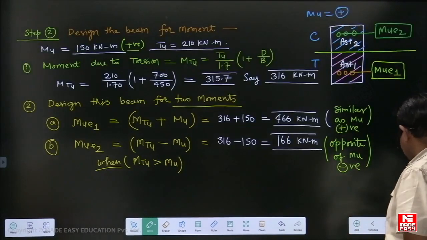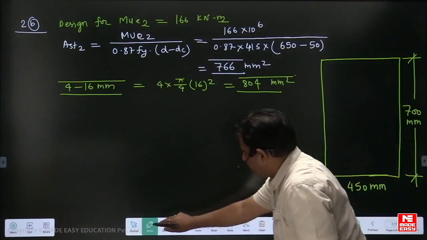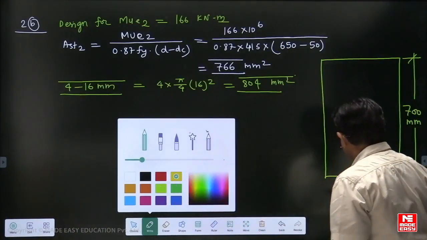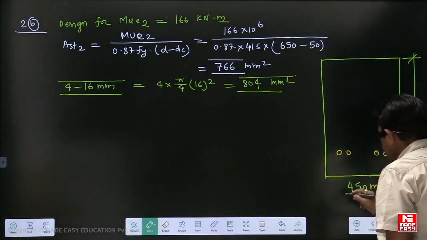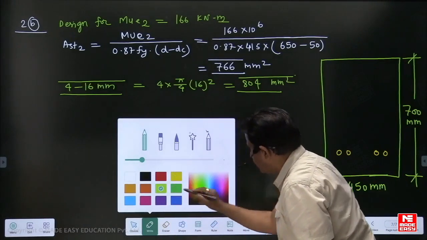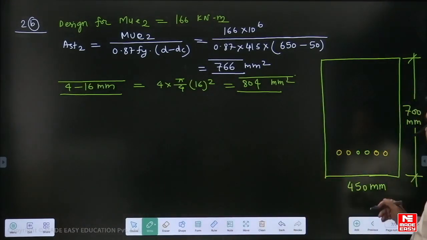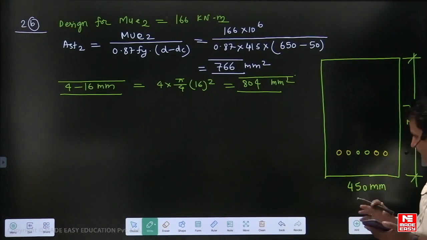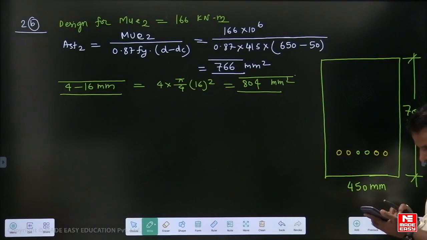Four plus 2, 625. We can provide in one layer 625. Suppose I provide 1, 2, 3, 4 like this, and 216 if I provide in the same layer. We have a full total width of 450 mm, so it's a quite large width. 450 minus, even if I deduct a cover of